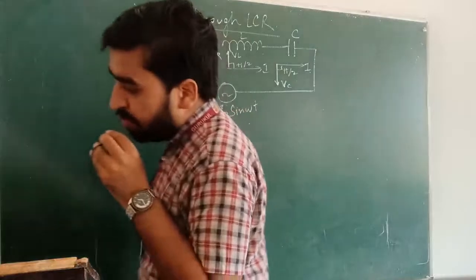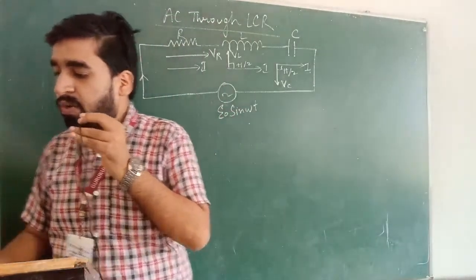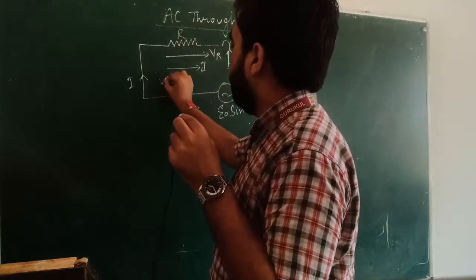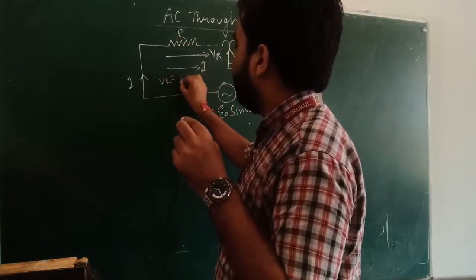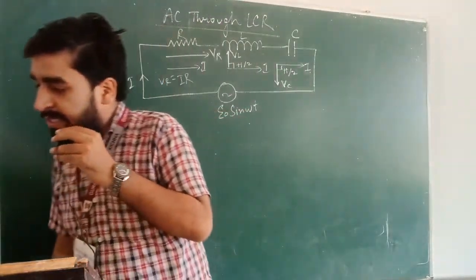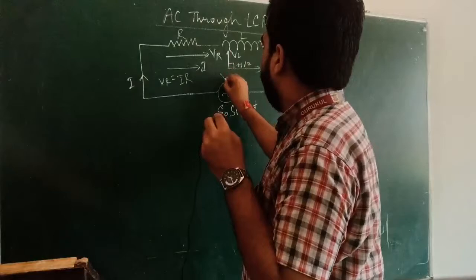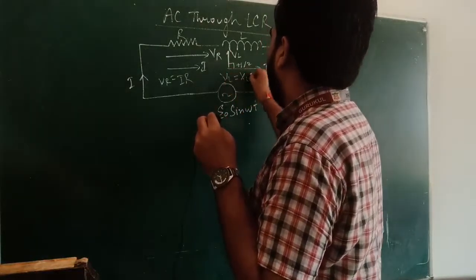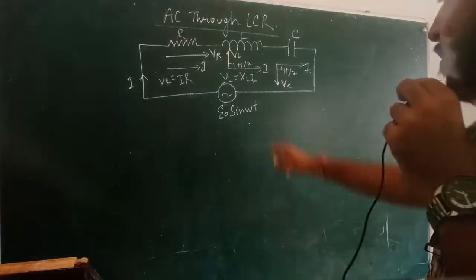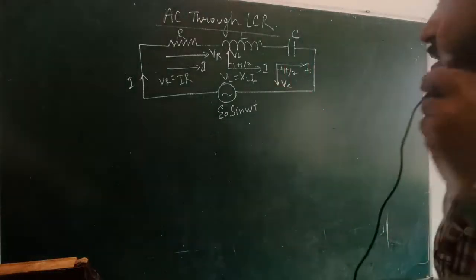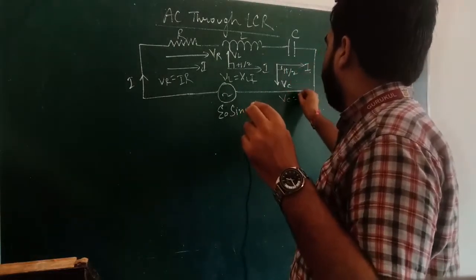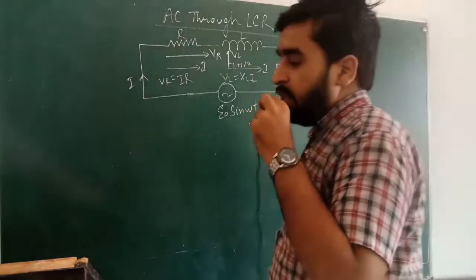Now students, suppose we have to calculate. This is how I can represent. VR is the voltage through the resistance. VR is equal to, by Ohm's law, IR. Suppose I have to show this for VL. So VL we will write as XL into I. Remember, we have calculated inductive reactance, that was XL. That is the resistance. And VC we have to calculate for the capacitor, that will be XC into I. This is what we have done.